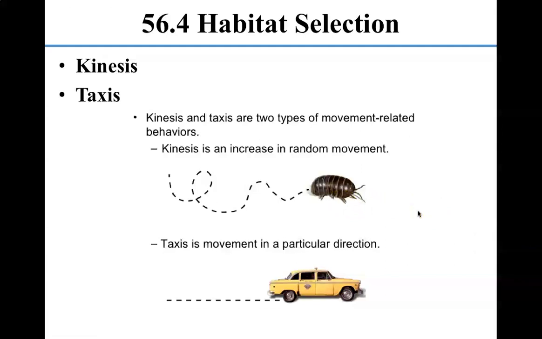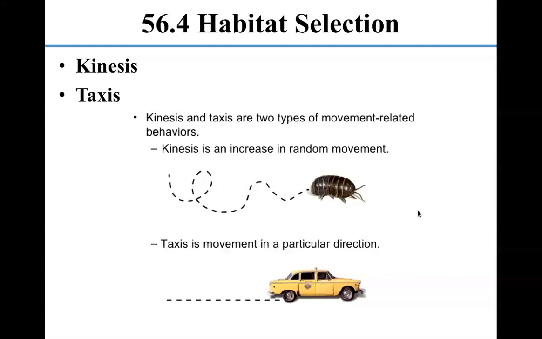And so what happens is when they encounter dry soil, then they start undergoing kinesis. So it's dry and they start scrambling around and moving. They turn really frequently. But then when they hit a patch where it's moist soil, then they move less. They start going in more or less a straight line. So in other words, kinesis is just a type of movement that allows an animal to get out of a bad situation and to find a habitat that's better suited for them.